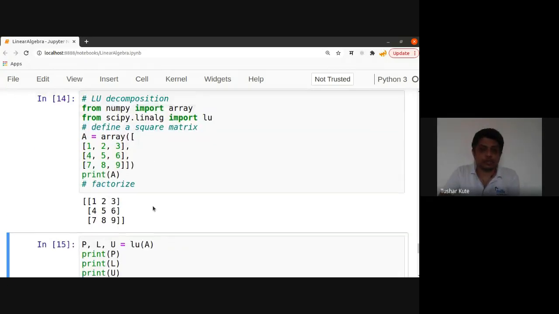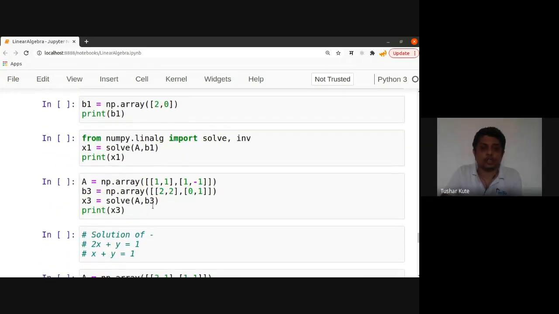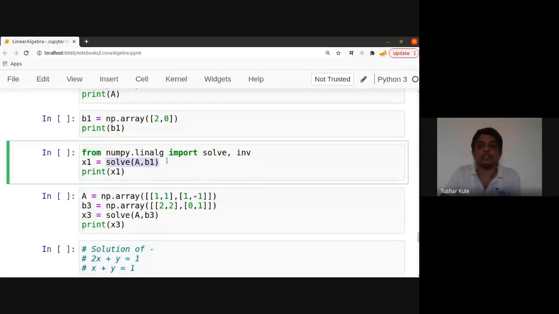Before that, I just missed something. Here we can solve linear equations by using a function called solve, which is present in the linear algebra package of NumPy. With the help of that, linear equations can be solved. Directly you need to pass the first matrix and second matrix, and then we can solve it. Linear equations can be solved by this particular method, so you can try this one also. This is LU factorization, the first part of it.